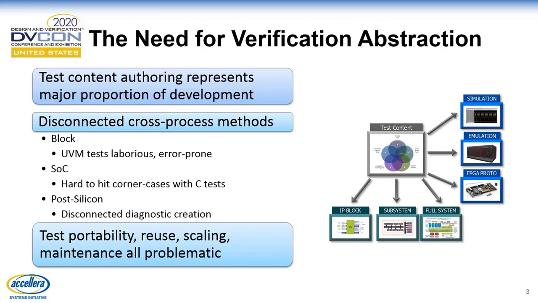So it's hard to hit corner cases with C because C doesn't really support constrained random, which is really good for hitting corner cases. And then when you get into post-silicon, you're focusing more on kind of diagnostics. You have less ability to see what's going on. So it would be nice to know ahead of time kind of what the scenarios are that you're going to be dealing with. So I think we can all agree that test portability, reuse, and scaling are all really important,